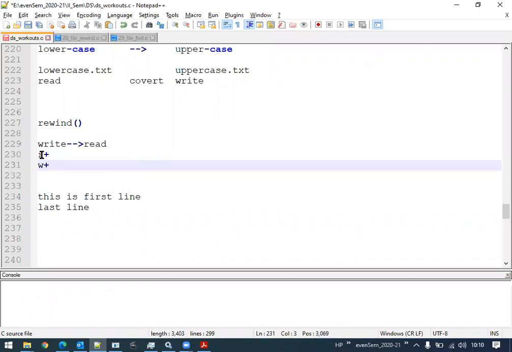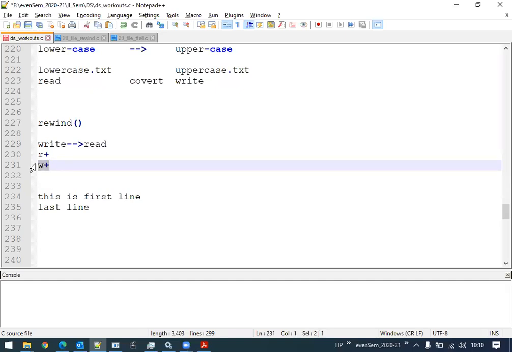Now let us understand what R plus and W plus mean. What is the purpose of R plus? It is for both reading and writing. What about the second one? It is also for reading and writing, but if the file exists, then the previous contents are overwritten by the new one.